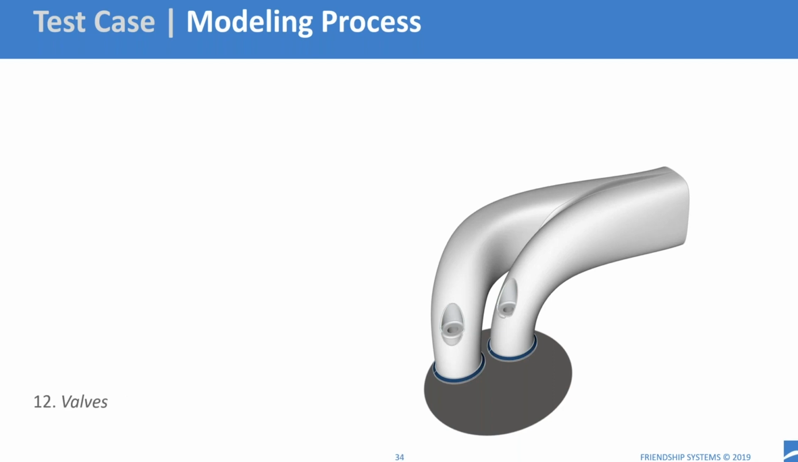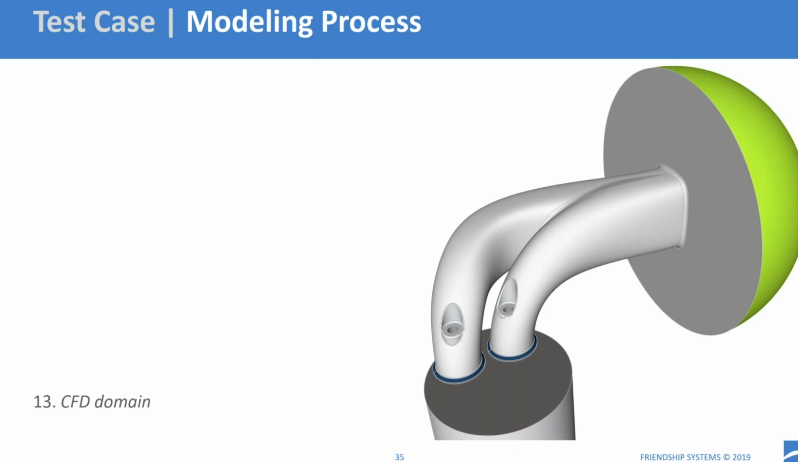And then finally, we combine this with the valves. You cannot see the valve geometries now here in this picture, but you can see the cutout of the valve stem in the bossing. Yeah, and finally, we add some additional components that we need for our CFD domain